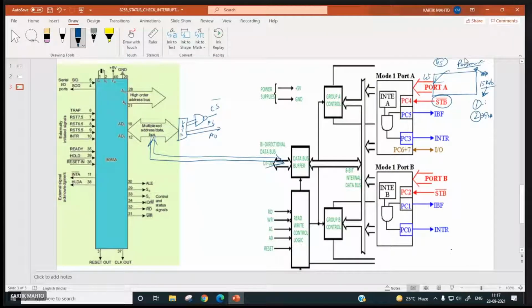Then again it will put 90 here, then again it will make STB bar low. Now the processor's job is what? To input the data entered by this person, say 45, 90, 35, 49, 78, based on how much money is there in the piggy bank.